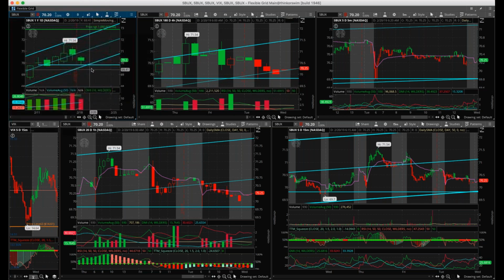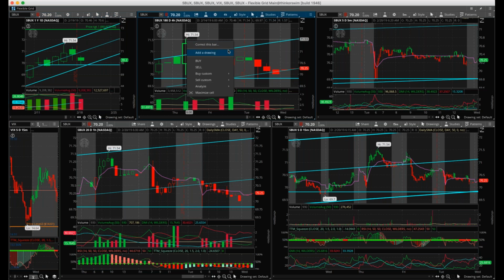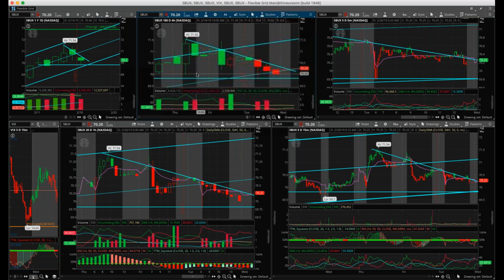We have that nice channel, so that channel should hold. If this support looks pretty good, it should hold. And we have our 4-hour just to see what kind of pattern is going to come about on our 4-hour chart. See, we had a downtrend there. On the hourly chart, that downtrend looks a lot better. So we have a downtrend, and actually, quite possibly,